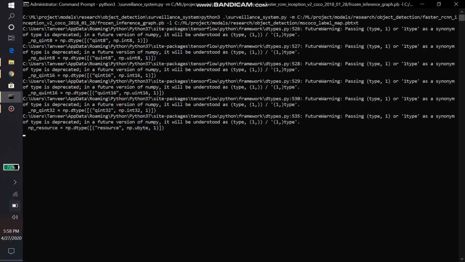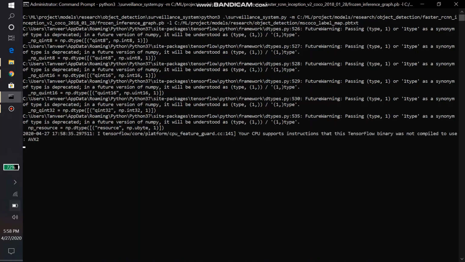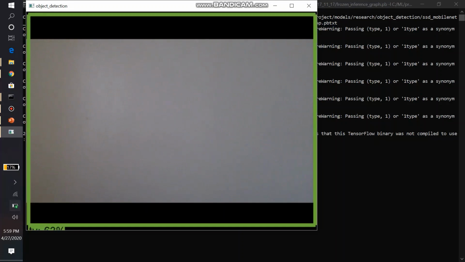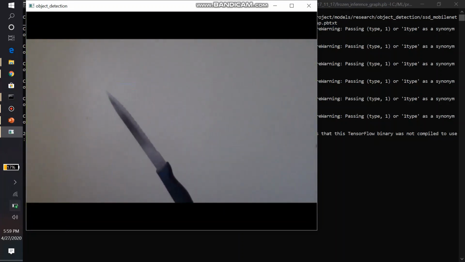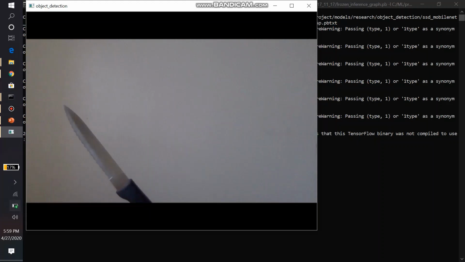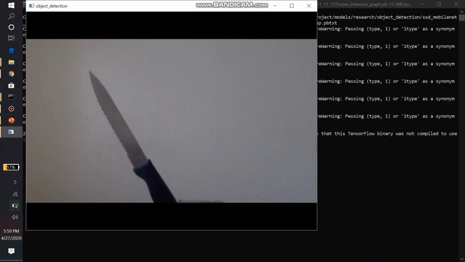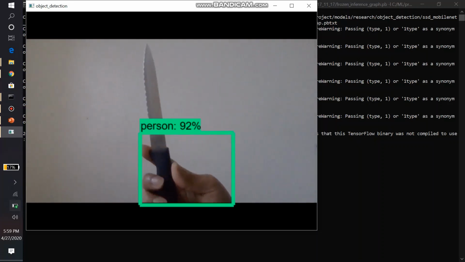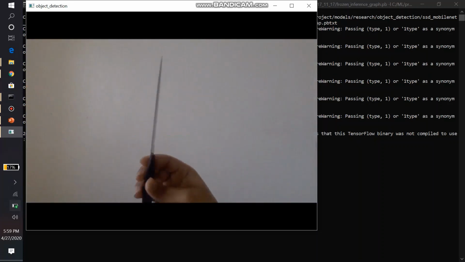Now the app opens and the surveillance system gets started. It will show you all the images it captured. Let's see how it is doing now. This is its frame as of now. Let's see what it is able to detect now. Suppose I show a knife to it, let's see whether it is able to detect a knife or not. It's detecting my hand as of now, and it is